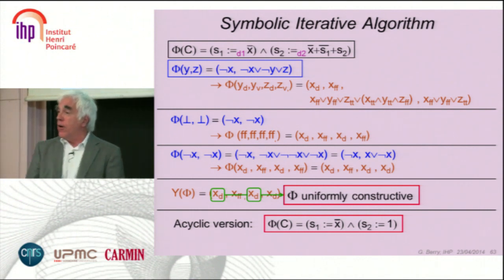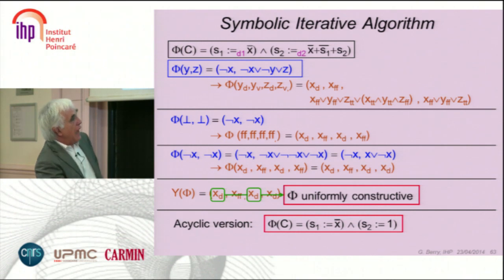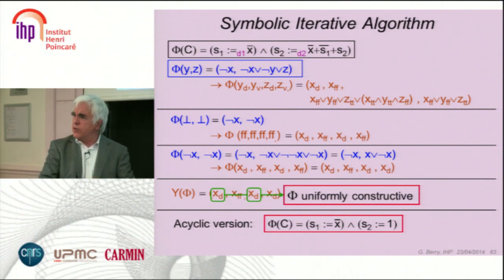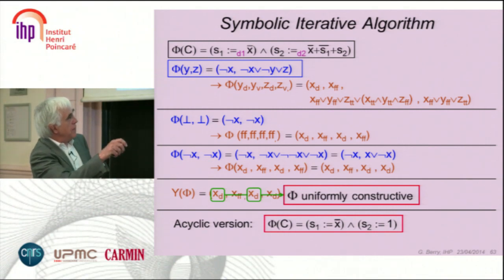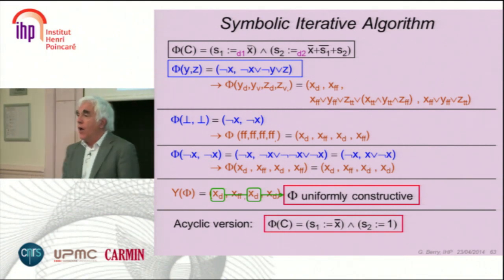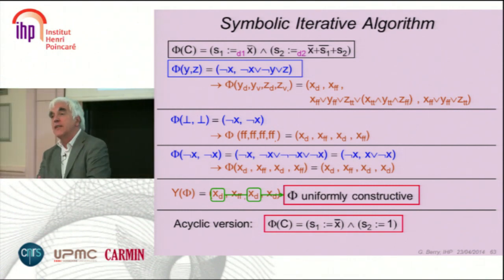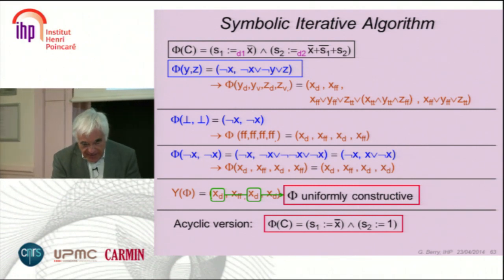It also gives you a good gift. Once you have the fixed point here, you have exactly an acyclic version of the circuit, an equivalent acyclic version of the same circuit. Which means that if your circuit is exponentially smaller than a real one, you may be in trouble, okay? But if you want, this algorithm returns you a perfectly well acyclic version of the circuit that you can give to your founder, because your founder wants an acyclic circuit, and that's fine.